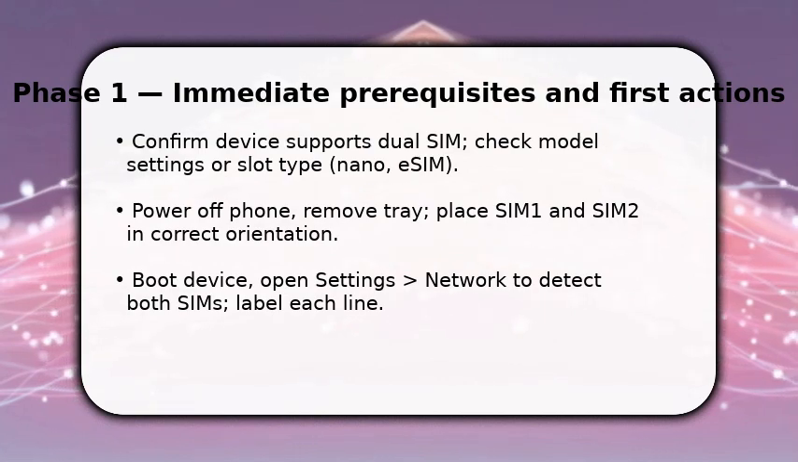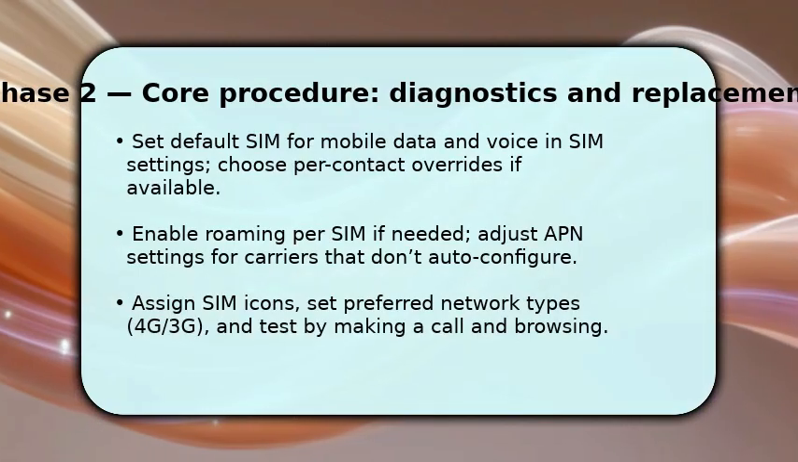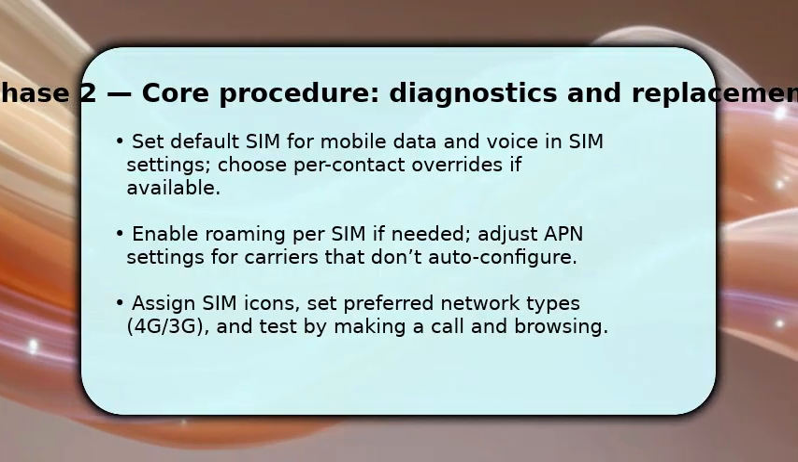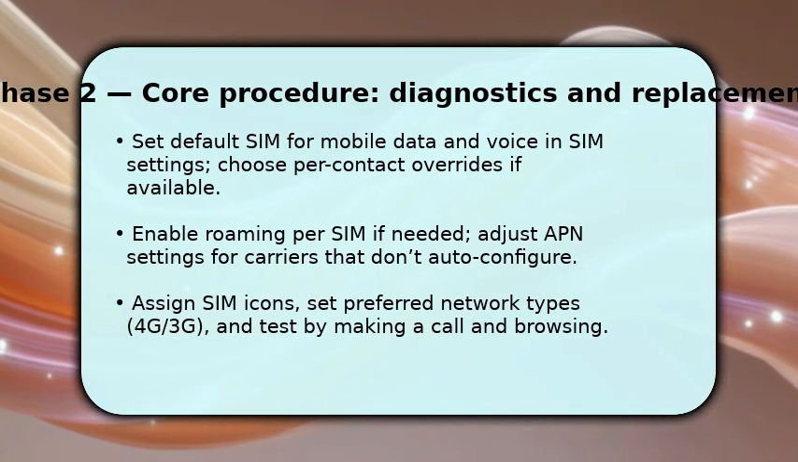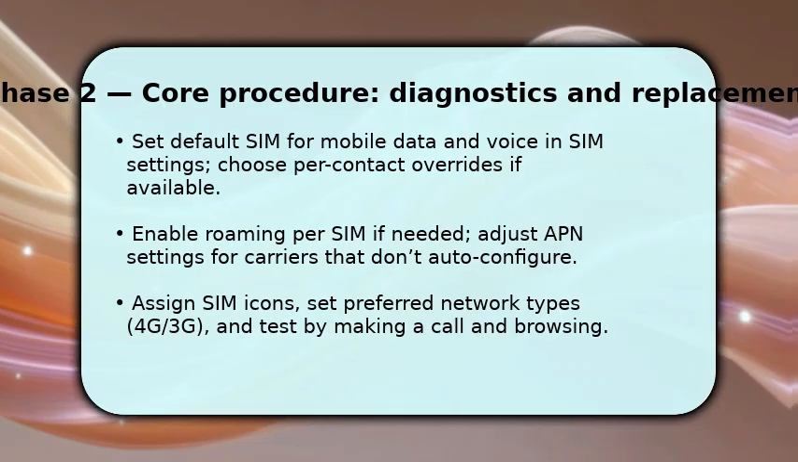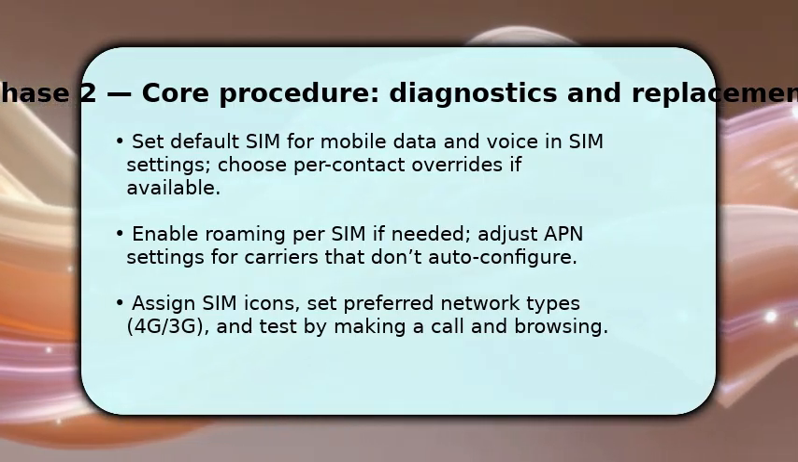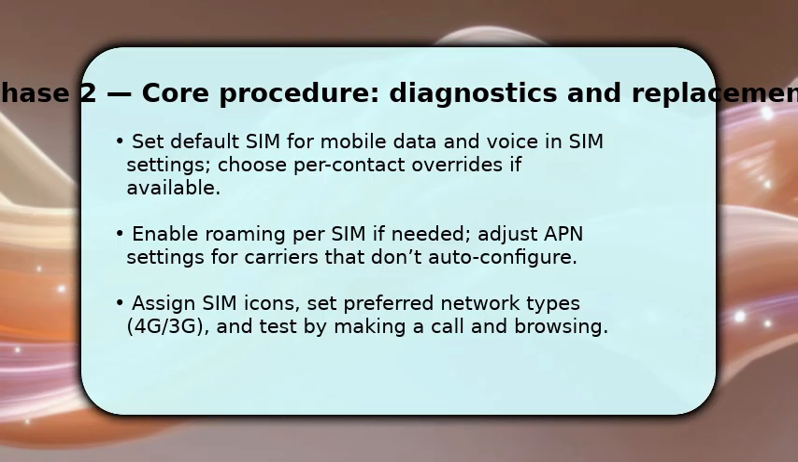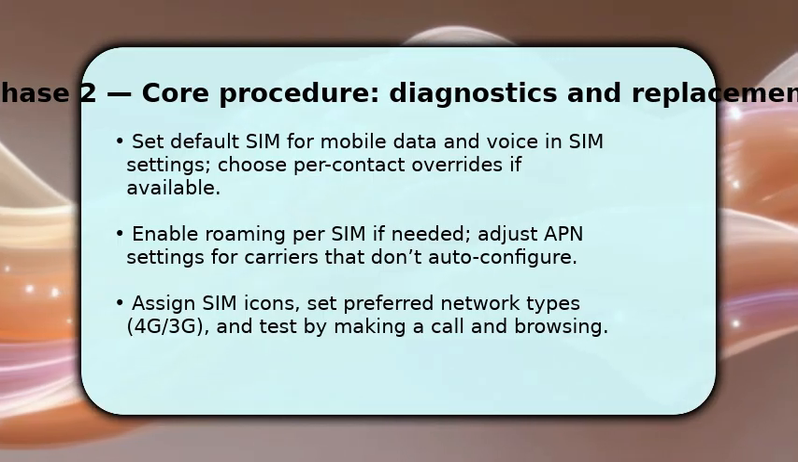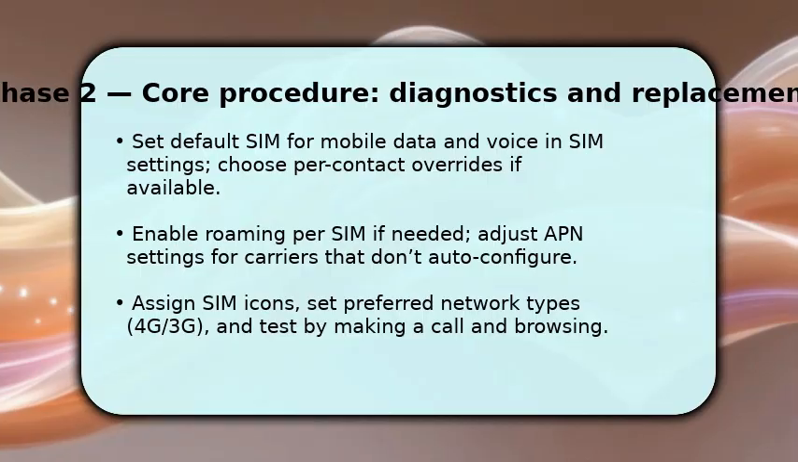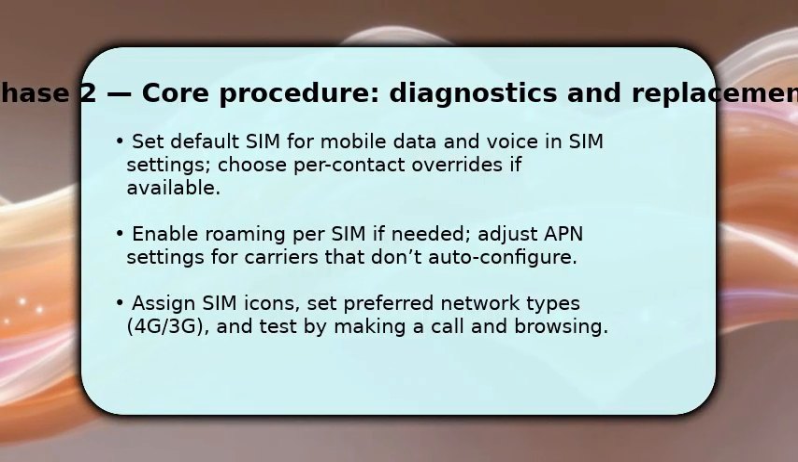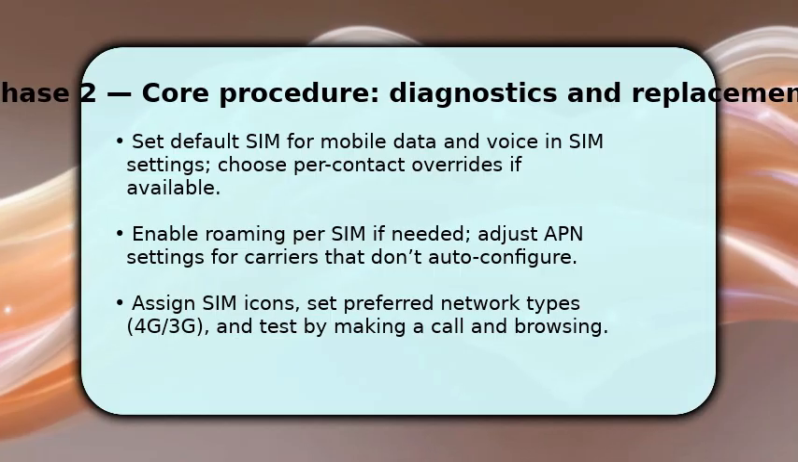Once both SIMs are active, go to SIM settings and assign defaults. Choose which SIM handles mobile data and which handles calls or messages. This controls billing and speed. You can also set per contact SIM overrides so frequent contacts use a preferred line. That helps manage costs. Make sure APN settings are correct if a carrier doesn't auto-configure, and enable roaming selectively for